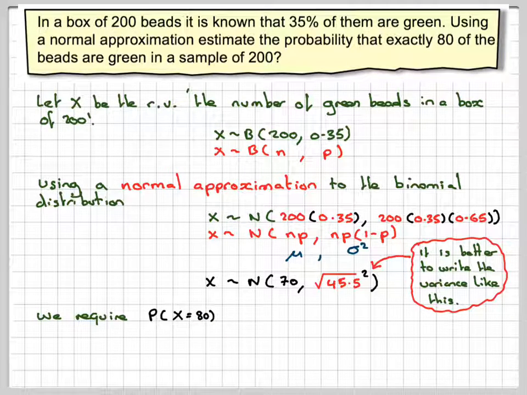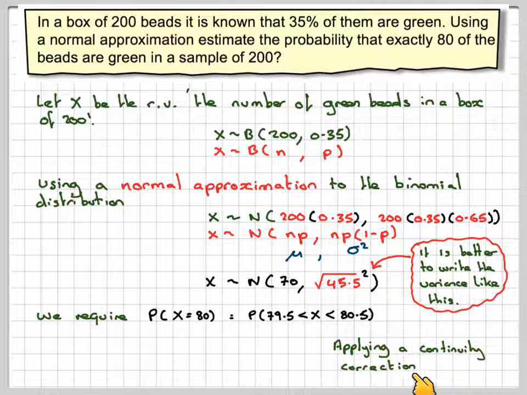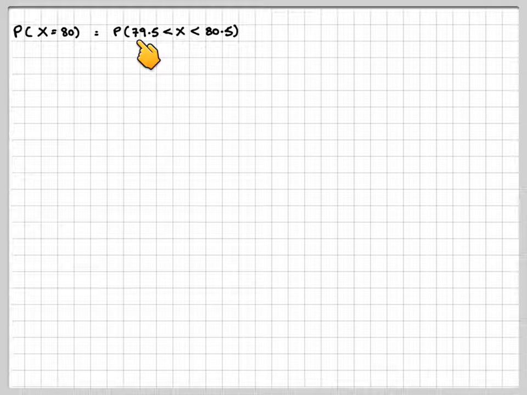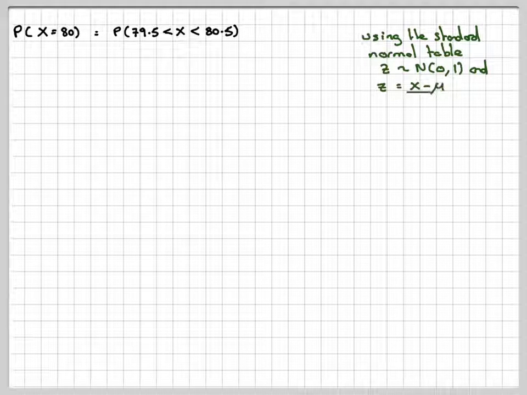In order to apply the normal approximation, we need two values. So we do a continuity correction. So 80 will lie between 79.5 and 80.5. So we're applying a continuity correction. The probability that X is equal to 80 is going to be the probability of being between 79.5 and 80.5. And then using the standard normal tables,